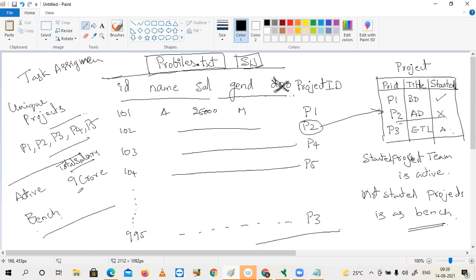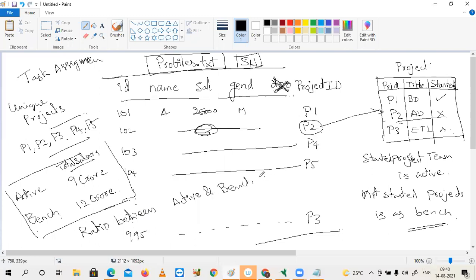Okay. But still, even though you are on the bench, you are taking salary. So for bench, the project budget is 12 crore. Now the final analytics required is the ratio between active and inactive. That means the active and bench team budgets.